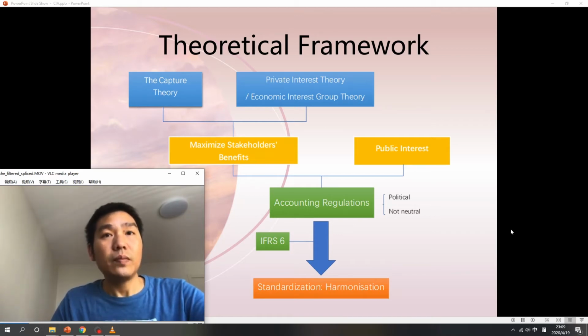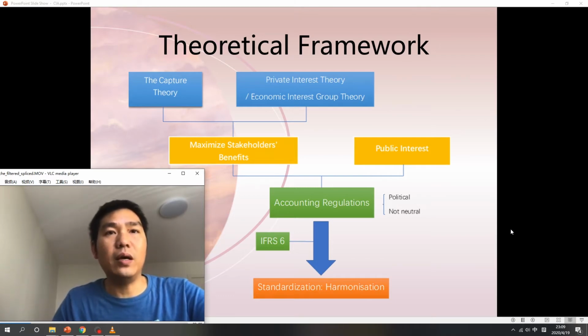In addition, government intervention also has costs. These interest groups care more about their own interests than public interest, so the domestic accounting standard no longer holds a neutral position objectively. IFRS 6 is an international standardization system. From an accounting perspective, it implies every nation applies the same accounting standards to bring the market to a position of standardization and create harmonization. This would give investors a fairer and more transparent investment environment.